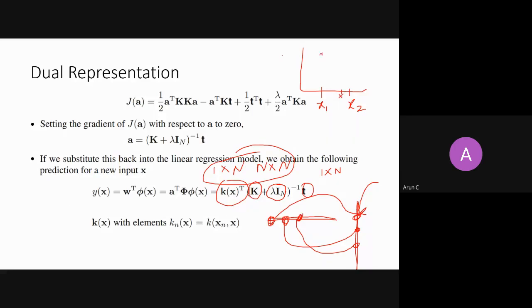For x1 this is the value t1. For x2 this is the value t2. What do you think the value for this new x is more near to t1 or more near to t2? Intuitively, if I ask you without applying any algorithm, if you want to guess whether the target value for this new x is near to t1 or near to t2, whether it comes in this range or in this range. Tell me, what do you think?